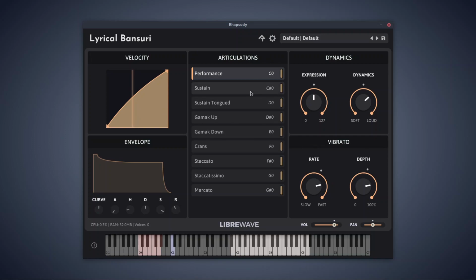In the centre of the UI we have the articulation list. To the right of each one of these articulations we can see the key switch, which will trigger the articulation, and those are coloured in red on the on-screen keyboard. And to the far right of each articulation we have a little volume slider, so we can adjust the relative volume between articulations. So here's the sustained articulation